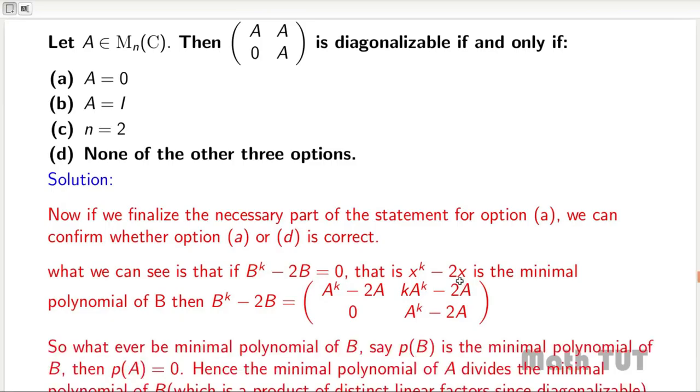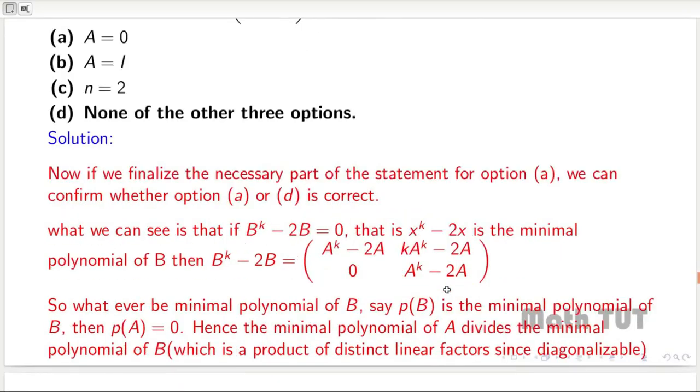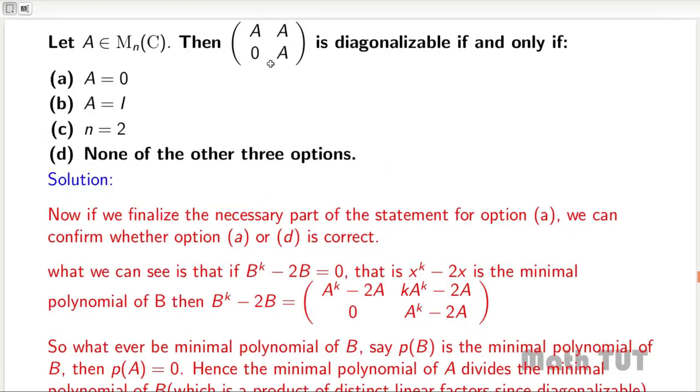So whatever be the minimal polynomial of B, suppose we assume it to be P, then P of A is also going to be 0, because P of B is 0. That means if you substitute B in this polynomial x power k minus 2x, we get this matrix to be a 0 matrix. So a power k minus 2a is also 0. That means P of the same A, when you replace x by a, is also 0. So we can say that the minimal polynomial of A will divide the minimal polynomial of B. And since we are given the option that this matrix is diagonalizable, we can say that